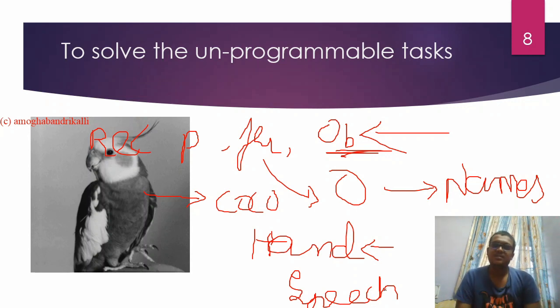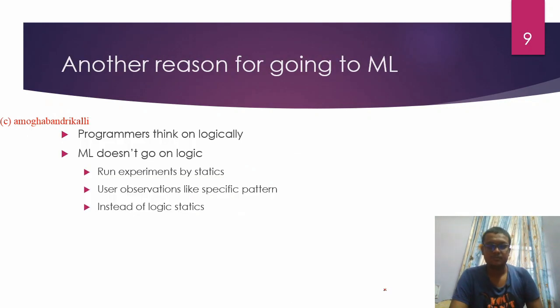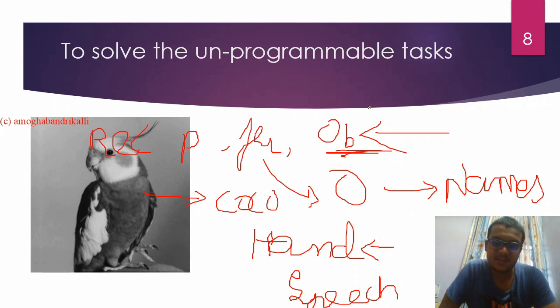So in order to do all these things, it is not possible with classical programming. Why? Because you need to start from scratch for everything. Like if you are going for speech recognition, if you have done it for English, and you are going to do it for Kannada, again you need to start from scratch. But in machine learning, you just need to change the data set. So this is like an unprogrammable task. You can just manage it. So these were all the scientific reasons.